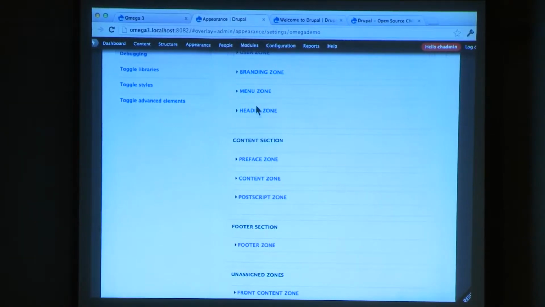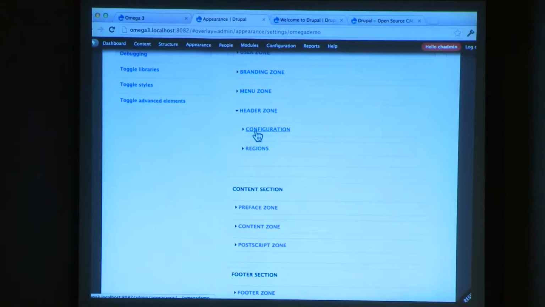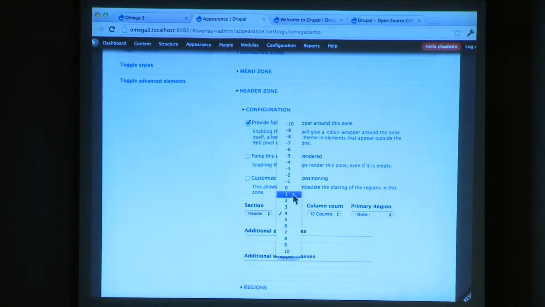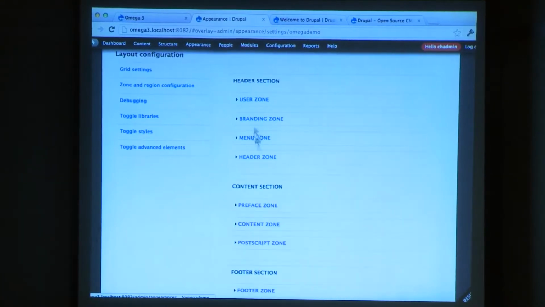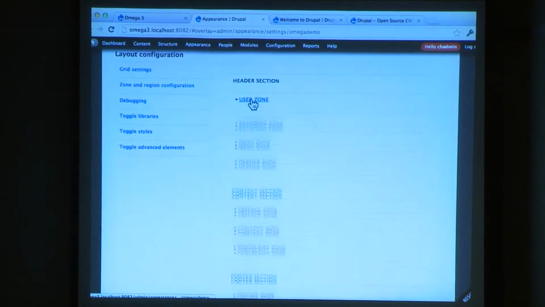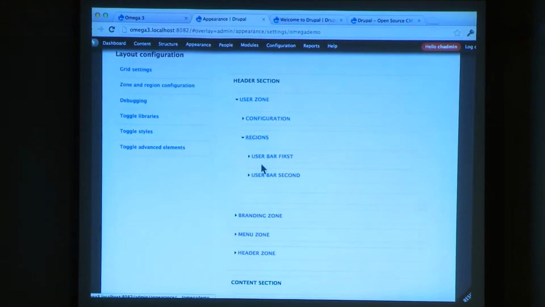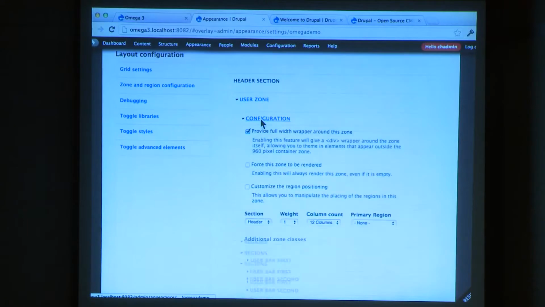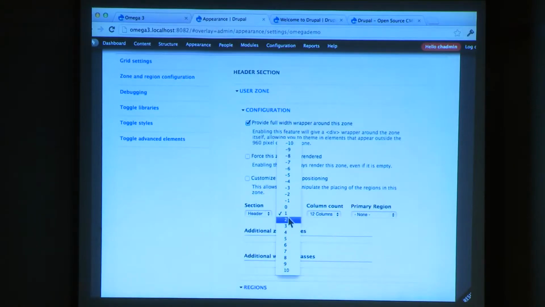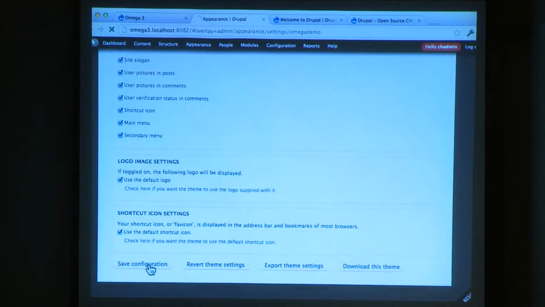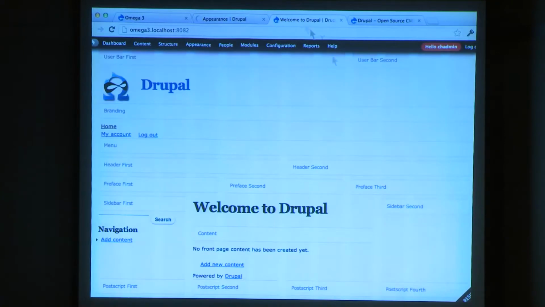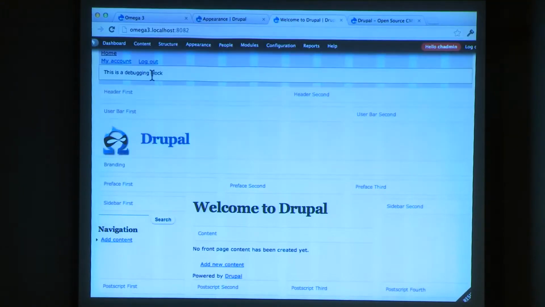Then we want the header zone configuration, put it up to number 1. So it's sort of like abstract the way you work on this. You kind of have to keep it all in your head and then just go in there and do it and then see if it worked right. So then you go down to the bottom, save configuration, and then we can refresh this and we can see,